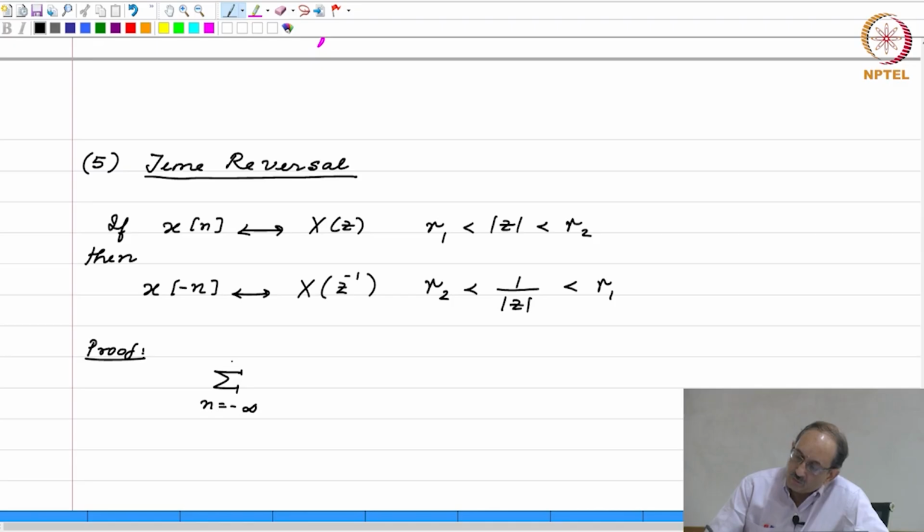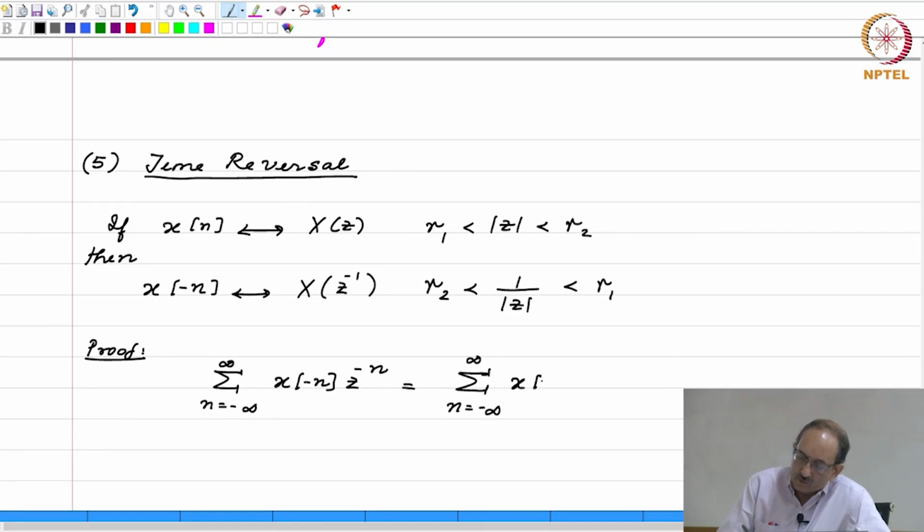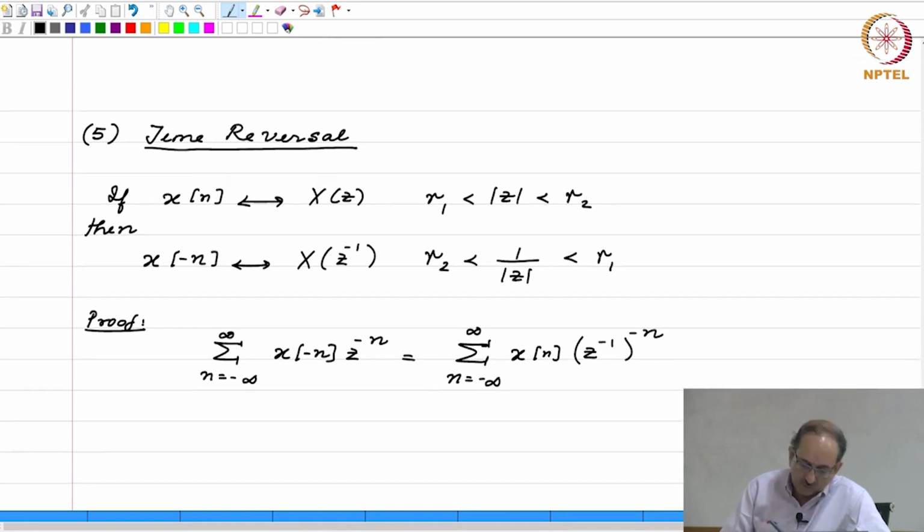All you need to do is replace n by minus n and relabel this one. So, this becomes x of n z to the n, but really z to the n can be written as z inverse power minus n, because you want it of the form the complex variable to the minus n. So, this is really x of z inverse, and you want R1 less than